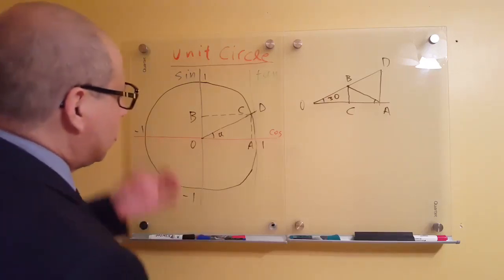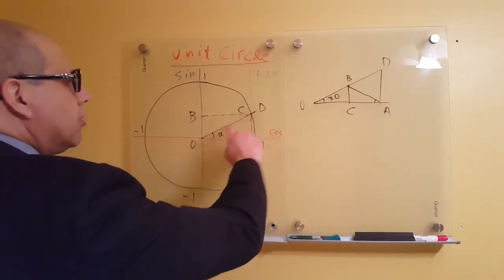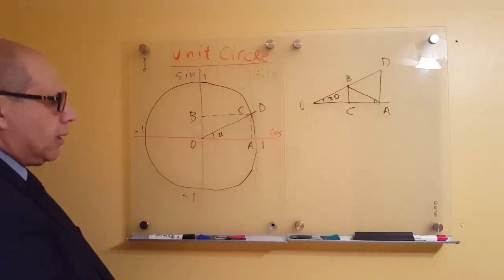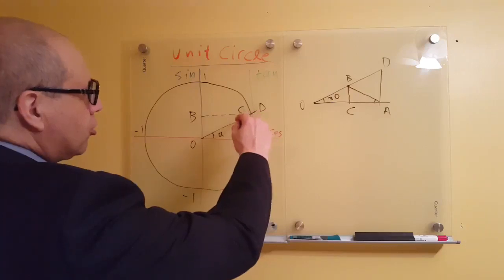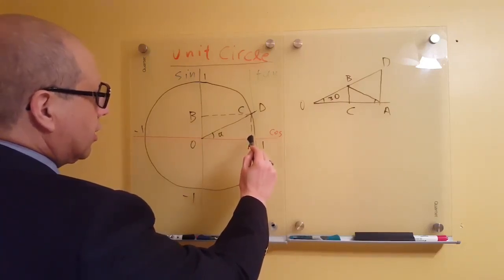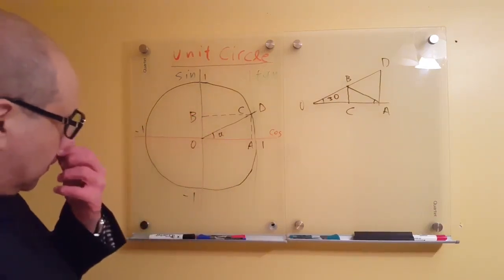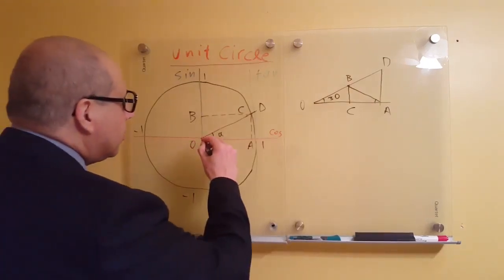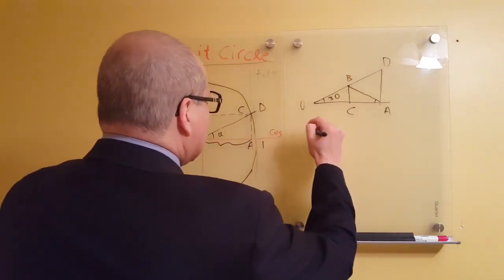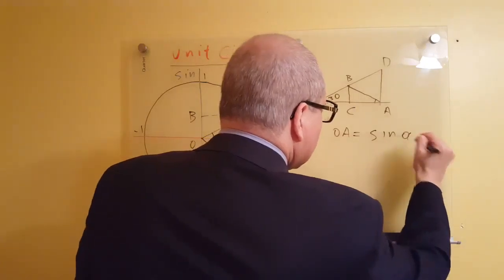So let's make it clear what we mean by that. Let's say you take this angle here, A, and A intersects the circle at the point C. From C, you bring the projection onto the cosine axis, and that intersects at A, and you do the same on the sine axis, and that intersects the sine axis at B. So if you measure this, let's say OA,